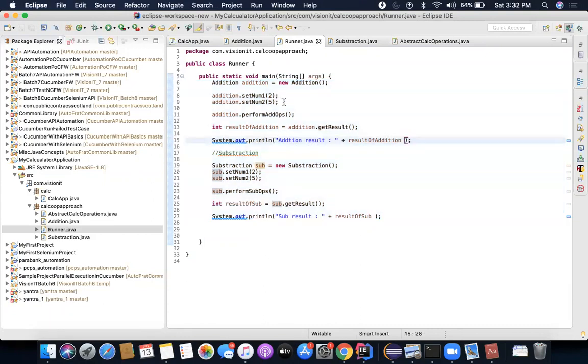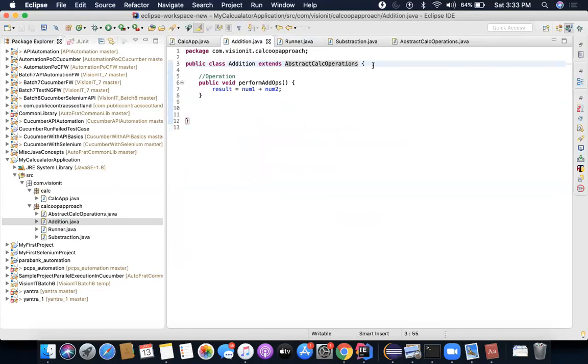Right now I have to call the set num1 and set num2 methods. Why am I unnecessarily calling these methods when it's imperative that I pass these values? Why can't I just pass these values the moment I create the object, right? So that brings me to a concept called constructor, which we have to create.